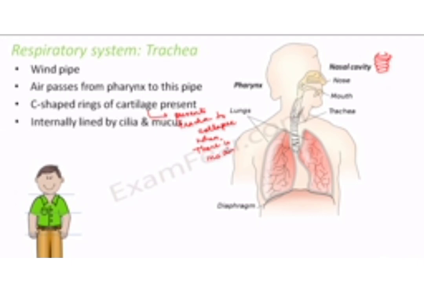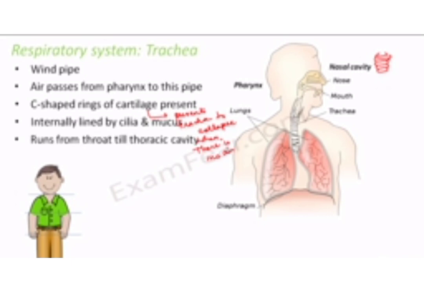It is internally lined by cilia and mucus. So you see most of the organs of the respiratory system are lined with cilia and mucus. And needless to say, what is the purpose of cilia and mucus? As I mentioned before also, they try to block the dust particles, microorganisms, germs or any other undesired particle. So everywhere they are present so that the air which is coming inside our body can be filtered as much as possible. Even inside the nasal cavity we had them. In the nostrils also we had fine hairs. So some filtration is happening at all places.